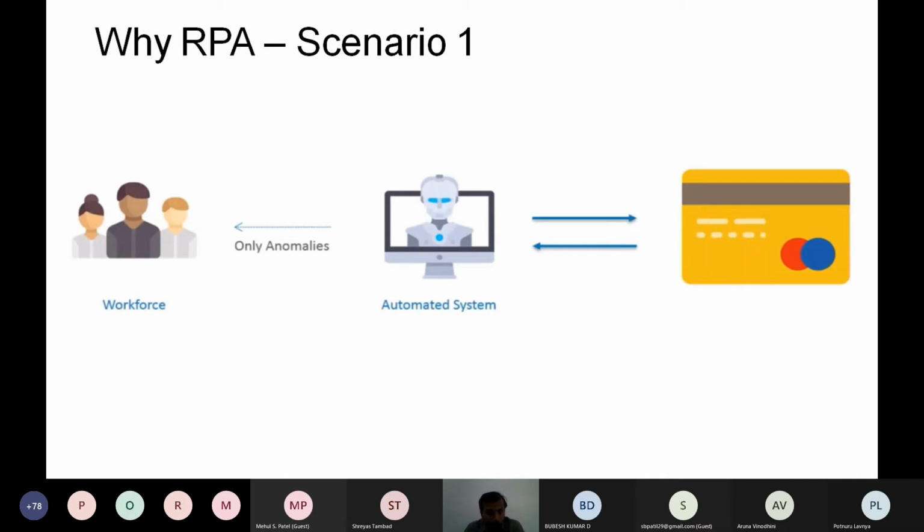Now, what is the difference? Normally it is said that a job done by a human in 15 minutes will be completed in 1 minute by a robot. So you can see that 15 is to 1. So you can understand, with a huge amount of data, maybe a bot solving 20,000 data, how long it takes.